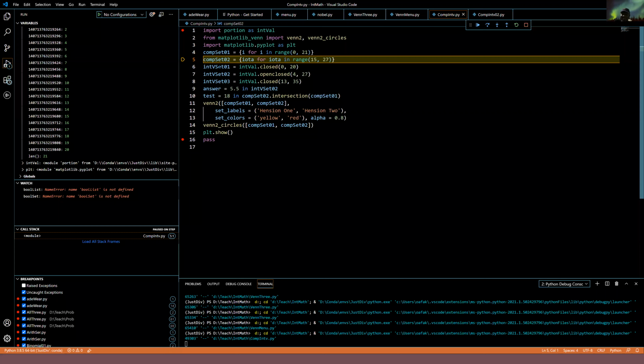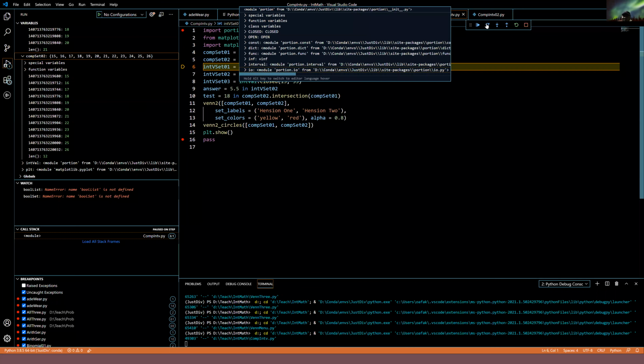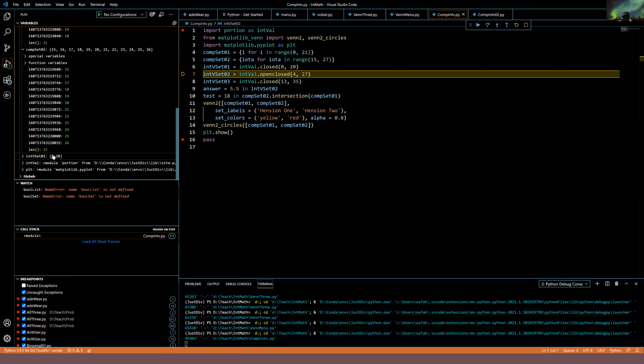Now for the interval numbers, which are floating values, the interval thing, which is now the portion, creates such intervals. And when you create the intervals, let us see what we get to show. In this particular first one, we want it to be a closed interval. So let's create it and see what will happen. Interval set 1 is 0 to 20. You can see that it is closed at both the beginning as well as the end. That is why it has a square bracket here and a square bracket there. You can also check and find that 20 and 0 are actually members of this